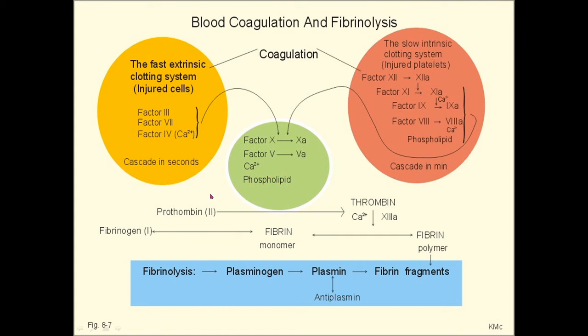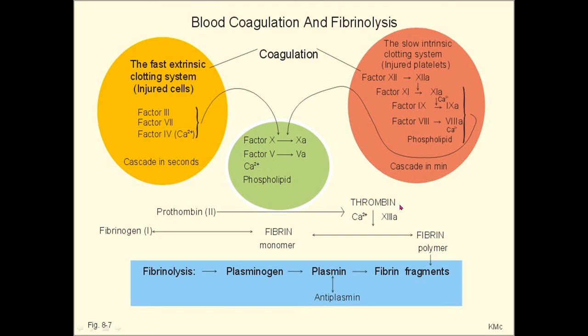Then the second step is the conversion of prothrombin into thrombin. Prothrombin is inactive. This is inactive factor 2, and it is activated by the prothrombin activator, which converts this inactive prothrombin, factor 2, into the active 2, that is 2A, that is thrombin. And this thrombin molecule, in presence of the calcium ion,